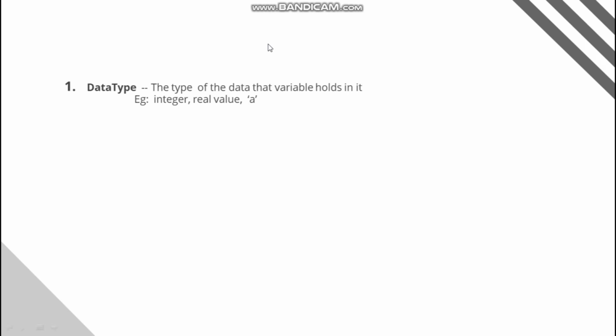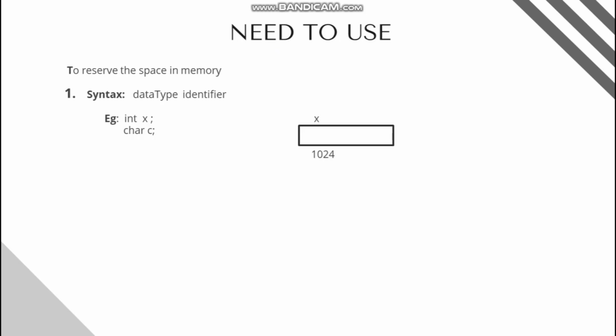So okay, we understood that the data type is nothing but the type of the data a variable holds. Then why do we need the data type? To reserve the space in the memory, we have to specify the data type of a variable in our code because different kinds of data types require different sizes of memory. So to ask the memory that I require some space to store my data, I have to write what kind of data I am going to use. The computer will reserve that space for me.